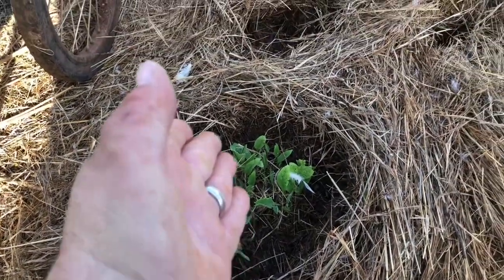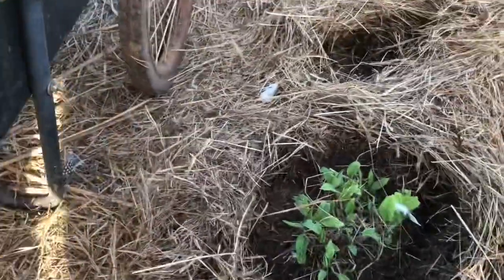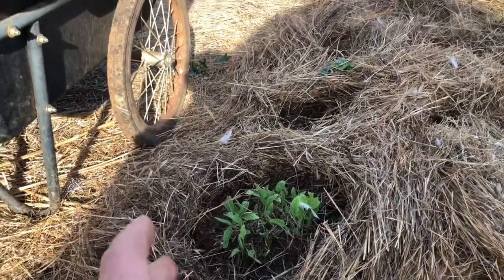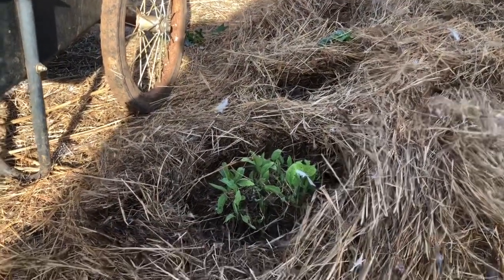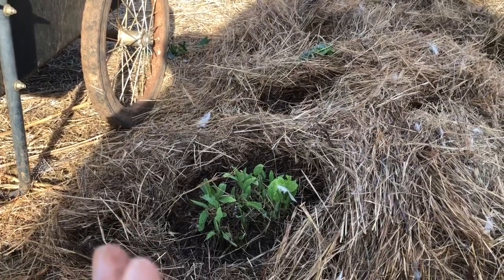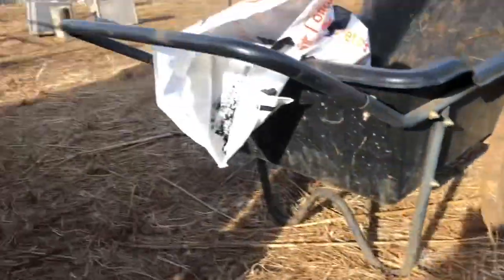I could just cut this like 4 ways and then just take each quarter and put it somewhere, and I'd have a very well established comfrey plant that would flower and everything this season. So it's really kind of up to you what you want to do. I'm looking for some to put around the different trees in the orchard. I kind of want a lot, and I've been slowly,